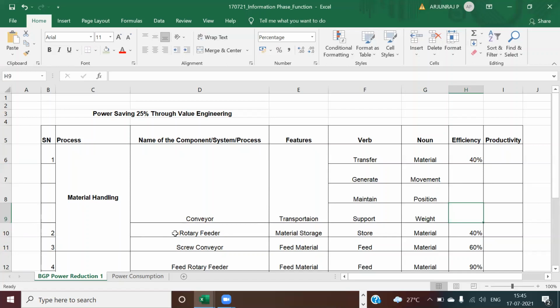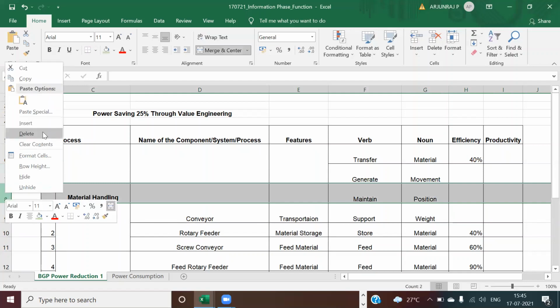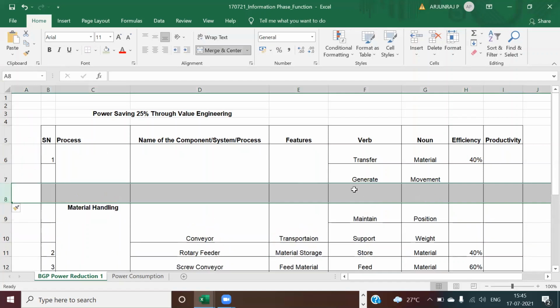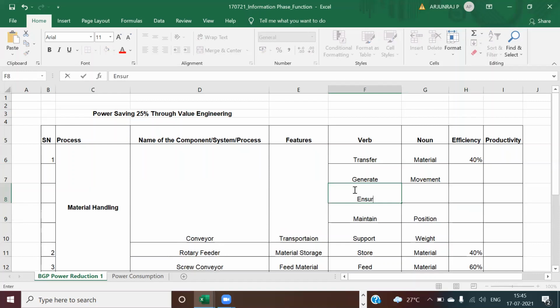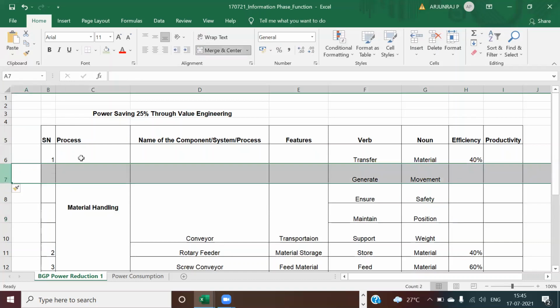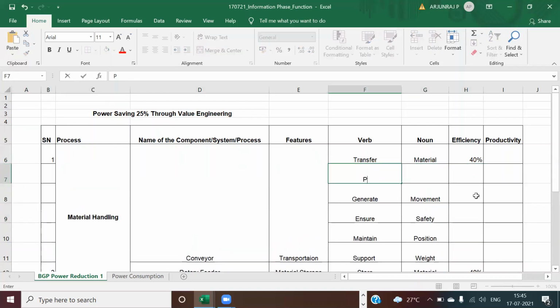Protection of material. Protect material, right? It also protects. Ensure safety. Can it be ensure safety? Ensure safety or ensure quality, because it doesn't allow moisture, so it should prevent defect. Prevent defect, or ensure quality. Yeah, quality is everything, a part of that. We can maintain quality. Okay, maintain quality. Quality can be measured, right?